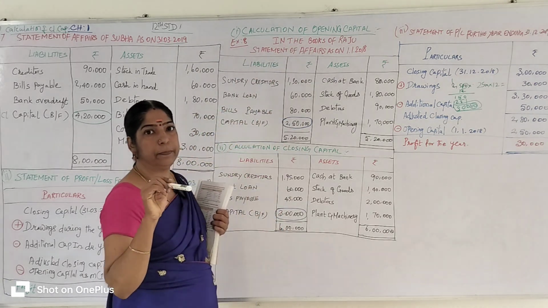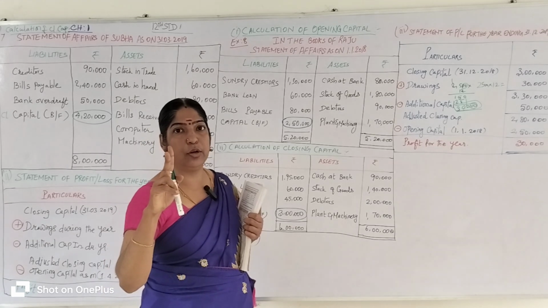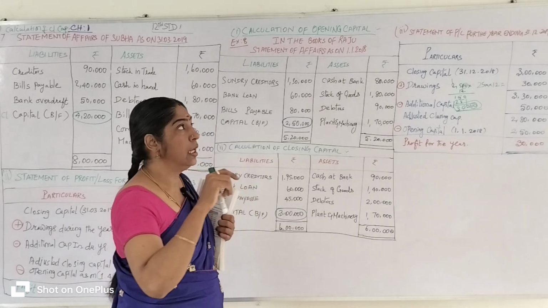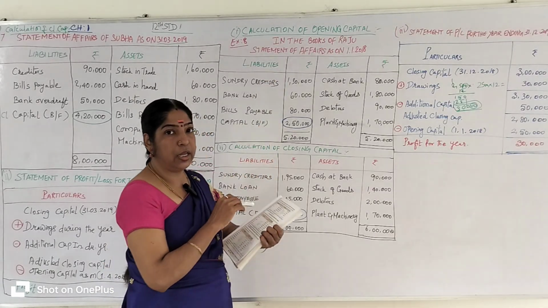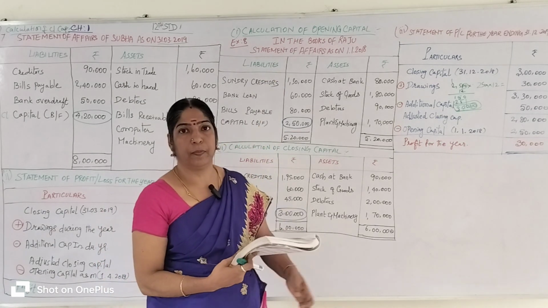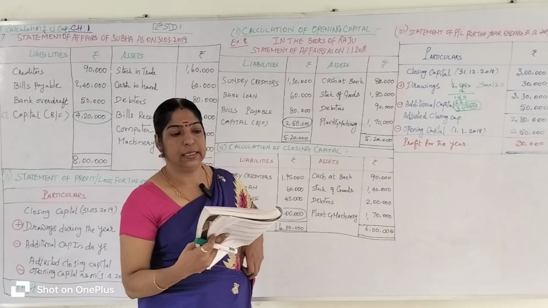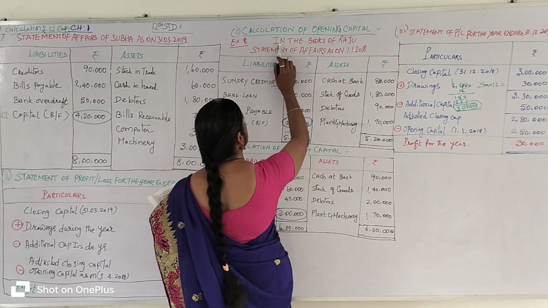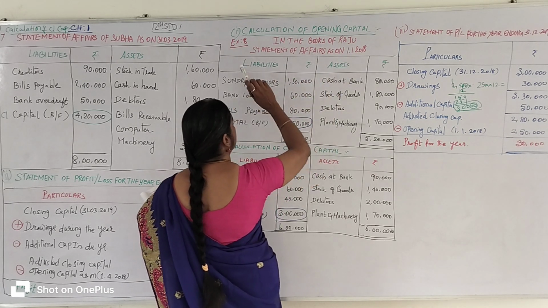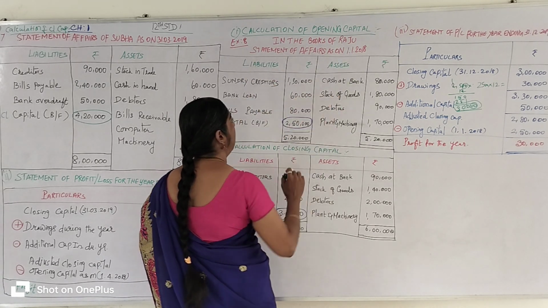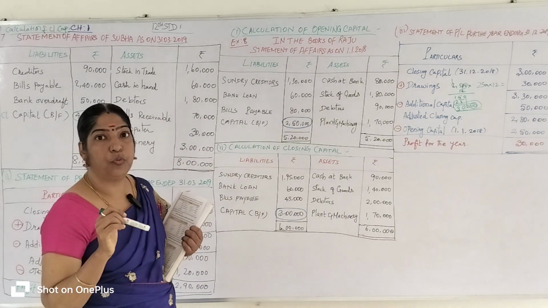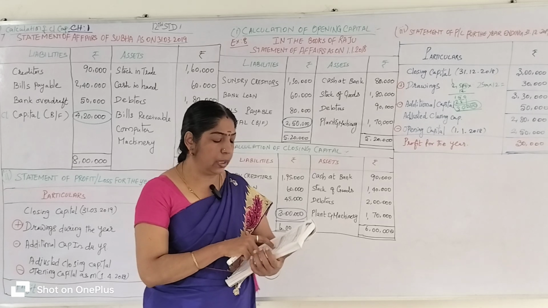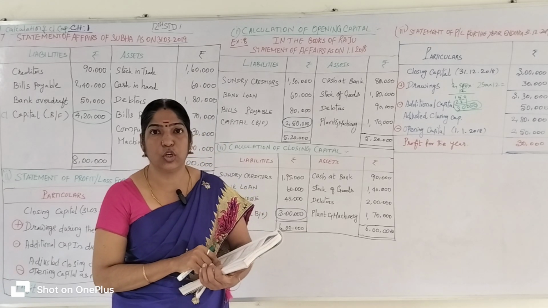You are going to write 2 headings to find out opening or closing capital. Whose book is this? This is Raju's accounts book. So you are going to write the heading: in the books of Raju. Statement of affairs as on, which capital are you going to find out? Opening capital. The accounting period they have given in the question